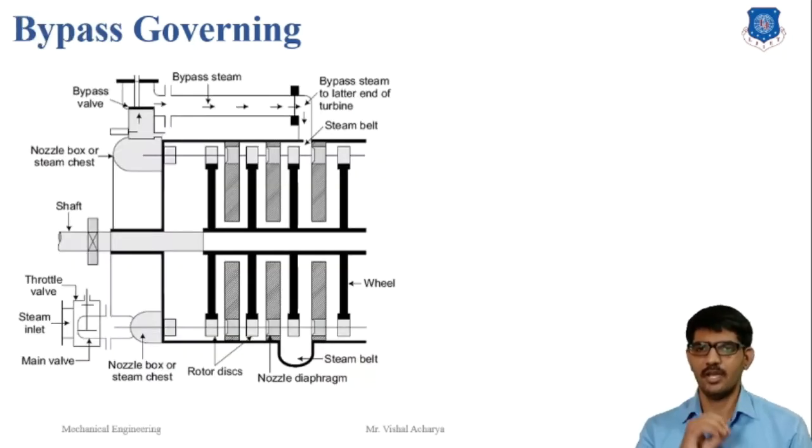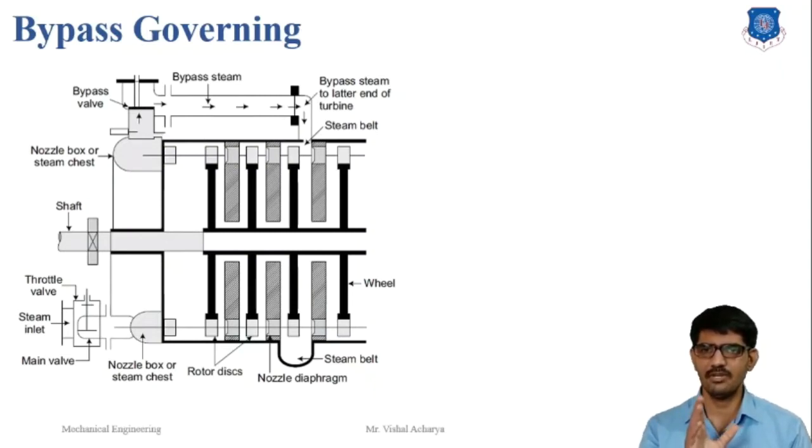Bypass attachment. Modern steam power plants employing the impulse turbine at a very high speed of steam at admission are usually designed to operate at the economical load, which is about 75 to 80% of the maximum load. In such a case, it is desirable to have full admission of the steam in the first few stages of the turbine operating at very high pressure.